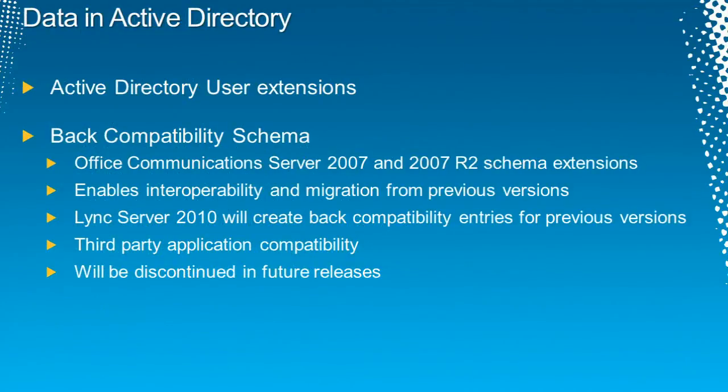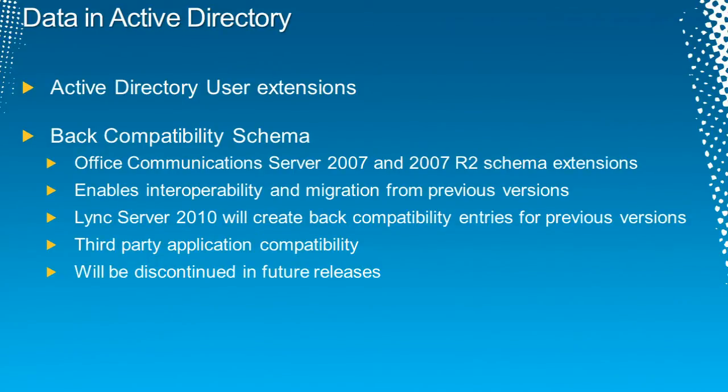Active Directory. As I mentioned, we still have the Active Directory user extensions. The SIP URI and the tel URI are there. We have the pointers to the policies. These are no longer pointers to Active Directory objects, but pointers to policies that are stored in a central management database. And we currently have, in the Lync Server 2010 release, a backcompat schema in there. Essentially, it's an Office Communications Server 2007 R2 schema with a couple of extensions